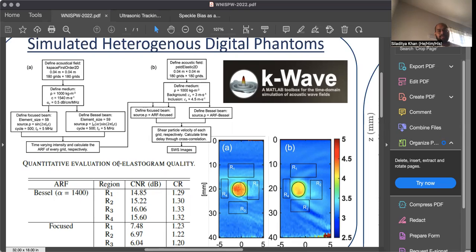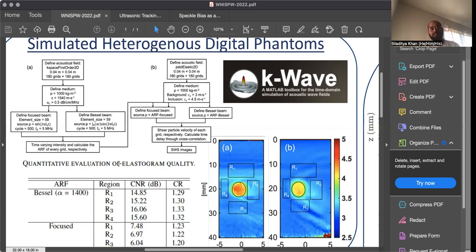Next, we define the Bessel beam parameters, which are essentially the apodization parameters defining our acoustic radiation force push. Then we record the time varying intensity and calculate the acoustic radiation force push at every grid. Part A of the simulation ends here, and the output of it goes into part B